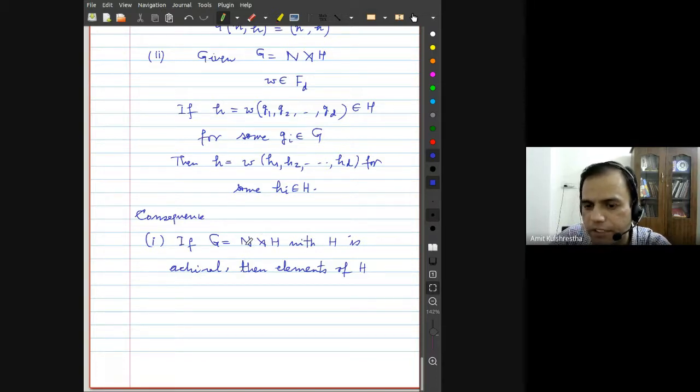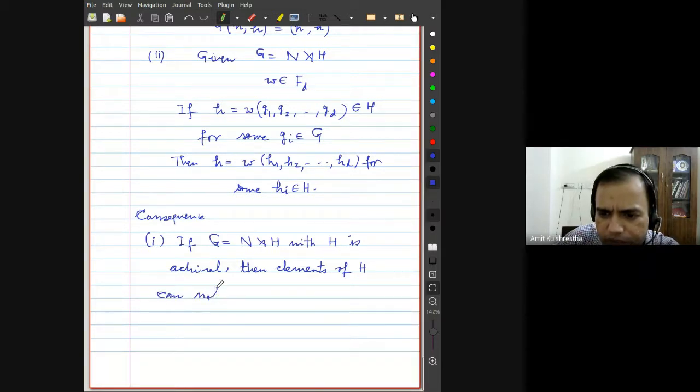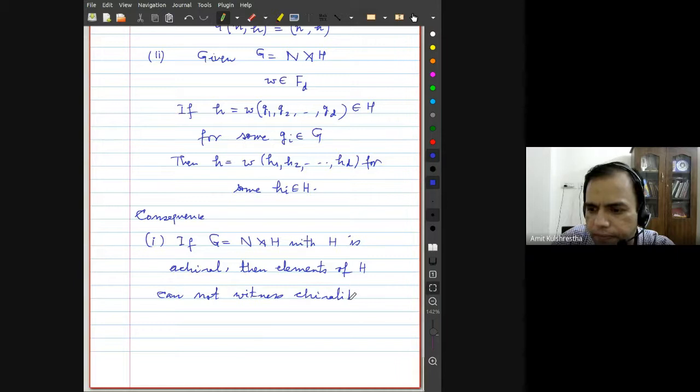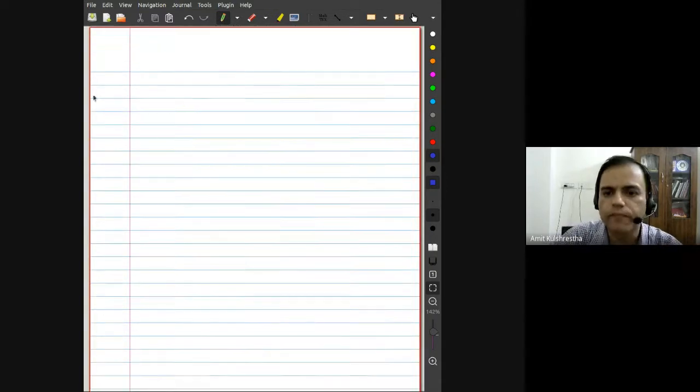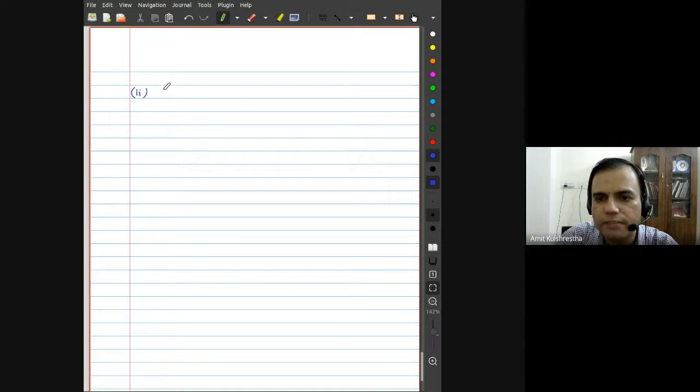Then after taking semi-direct product with a group N, no, abelian is not required here. So it's any N. Then in any semi-direct product like this, elements of H will not be witness for, they cannot witness chirality in G also. Okay, and the main thing is, if further N is abelian, so if you have semi-direct product with an abelian,